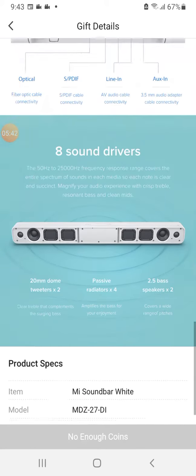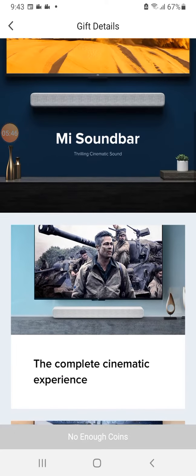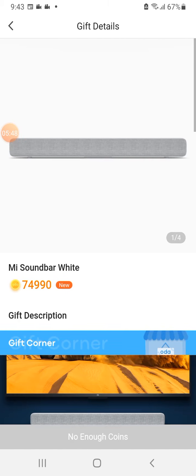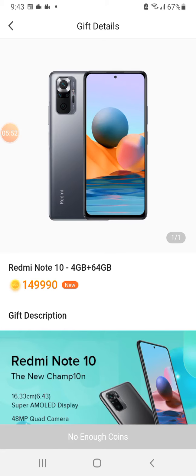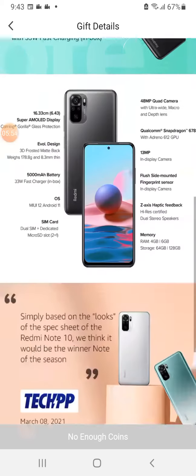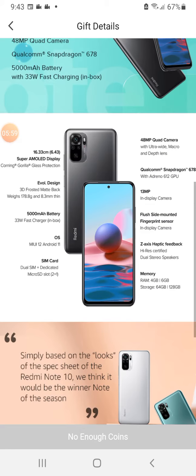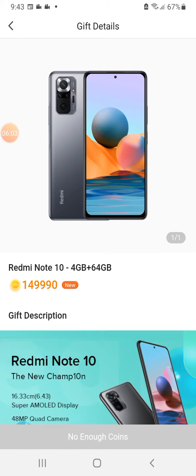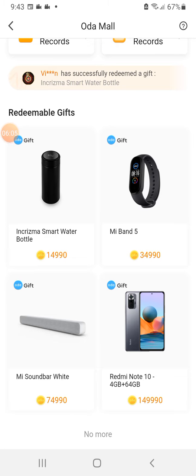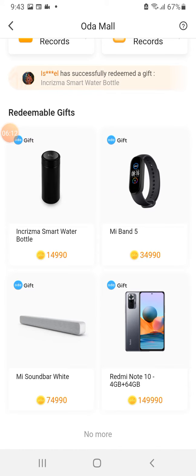If you connect this sound bar to the TV, you can listen to the sound very well. This is 74,990 points, and this is Redmi Note 10. You can buy it. This is 4GB. Okay, sorry, it came very short.